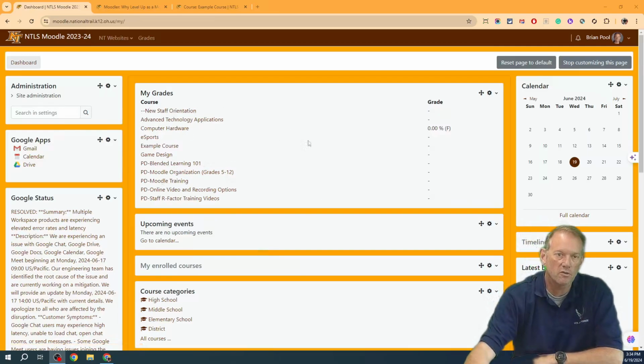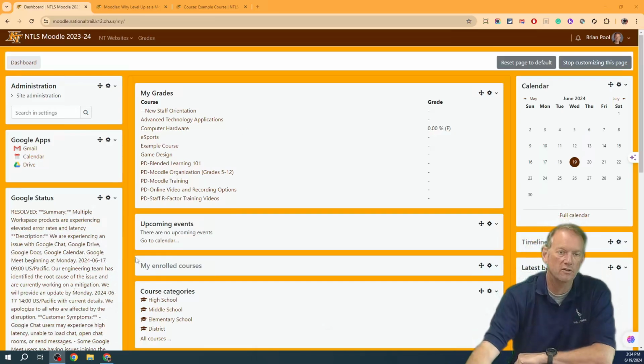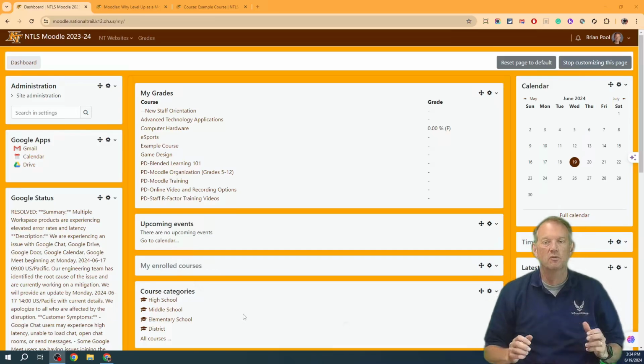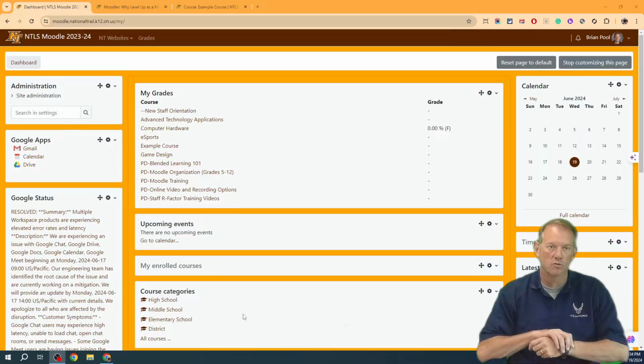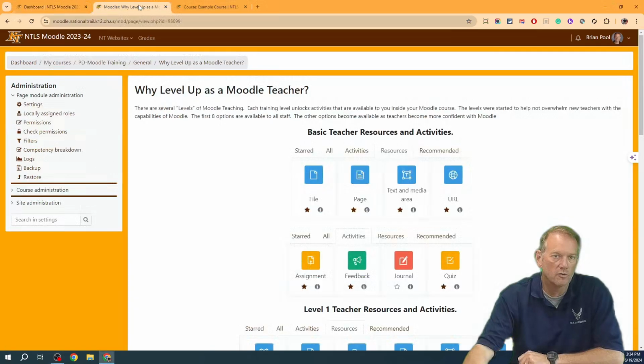The courses up here are the ones that you're actively in that aren't hidden. You'll have a course list down here lower, where you see my enrolled courses. Those would be the ones that maybe you're a teacher on that are hidden right now, if you need to get into those courses. So let's go ahead and get started on the basic overview of the way the course